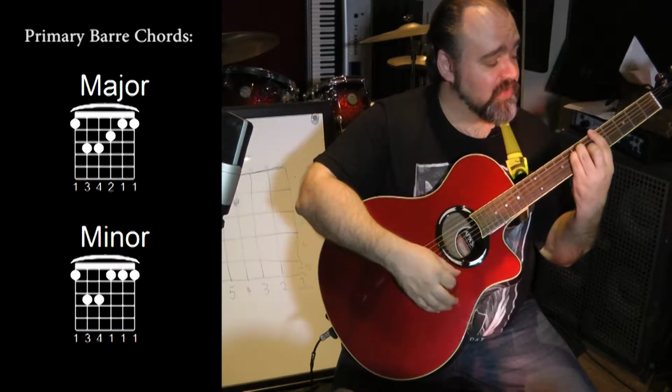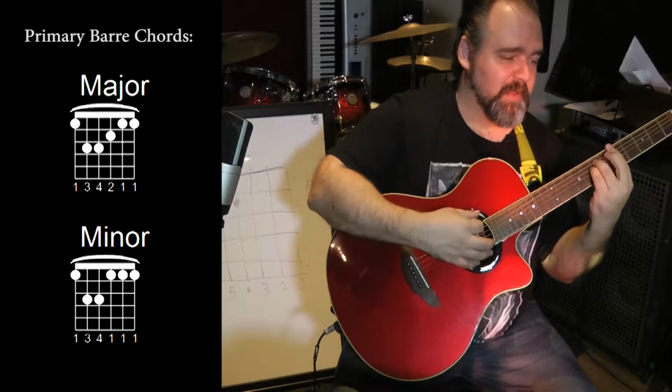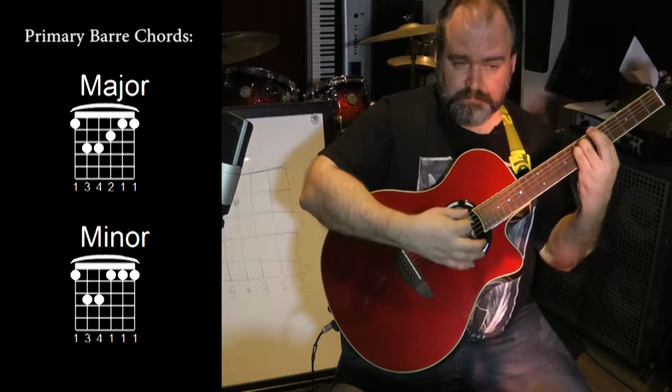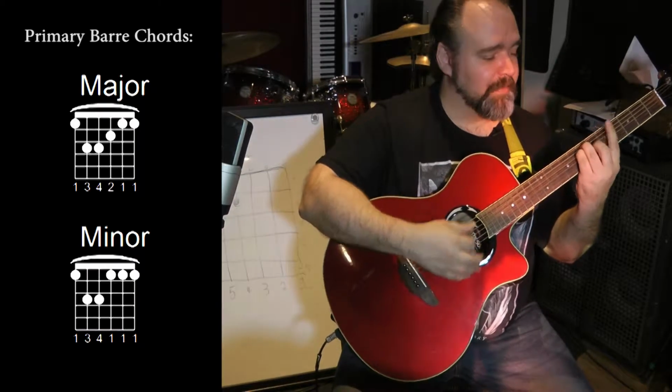So here's our A major bar chord. Okay, take our middle finger off for A minor. Again, A major,